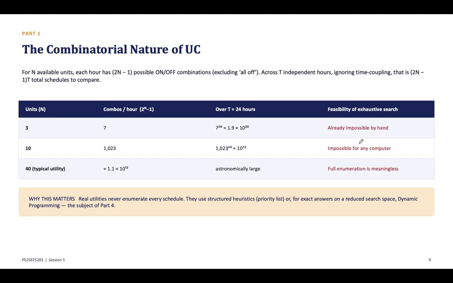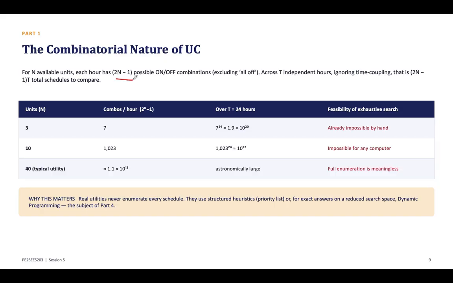So the combinatorial nature of unit commitment. The combinatorial difficulty can be understood directly from the number of possible unit states. With n units, every unit has two possible states, right? Either on or off. Excluding the meaningless all off combination when demand exists, a single hour may contain 2 to the power of n minus 1 possible commitment combinations,